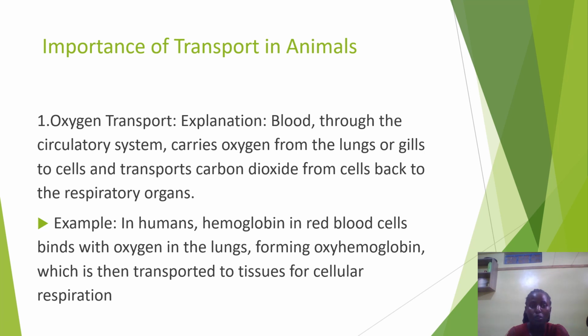Blood through the circulatory system carries oxygen. I've said blood through the circulatory system carries oxygen from the lungs or gills to cells and transports carbon dioxide from cells back to the respiratory organs. So, animals, including human beings, transport oxygen inside, and now